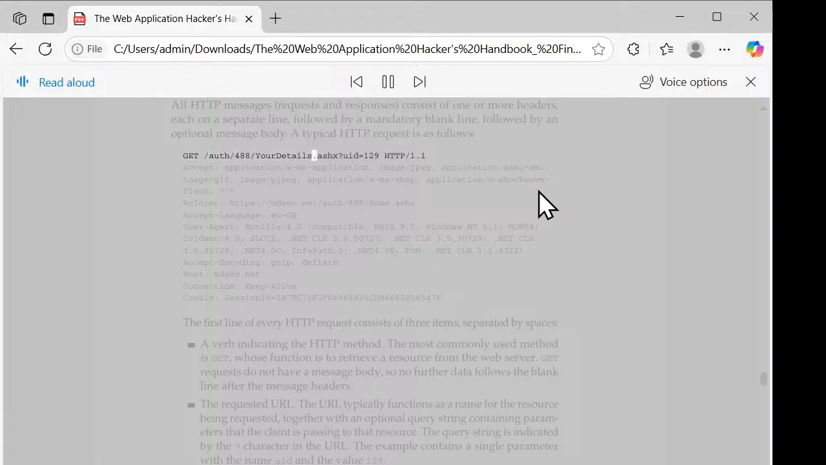GET /auth/488/YourDetails.ashx?uid=129 HTTP/1.1 Accept: application/x-ms-application, image/jpeg, application/xaml+xml, image/gif, image/pjpeg, application/x-ms-xbap, application/x-shockwave-flash, */* Referer: https://mdsec.net/auth/488/Home.ashx Accept-Language: en-GB User-Agent: Mozilla/4.0 (compatible; MSIE 8.0; Windows NT 6.1; WOW64; Trident/4.0; SLCC2; .NET CLR 2.0.50727; .NET CLR 3.5.30729; .NET CLR 3.0.30729; .NET4.0C; InfoPath.3; .NET4.0E; FDM; .NET CLR 1.1.4322) Accept-Encoding: gzip, deflate Host: mdsec.net Connection: Keep-Alive Cookie: SessionId=5B70C71F3FD4968935CDB6682E545476